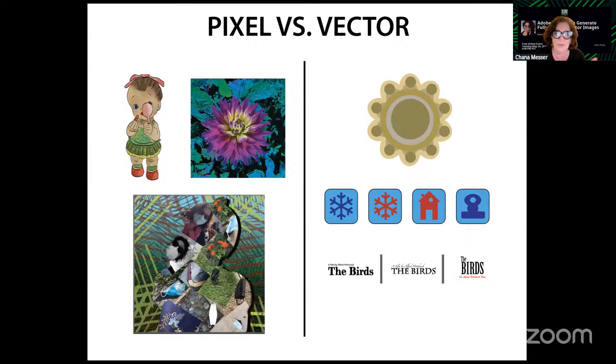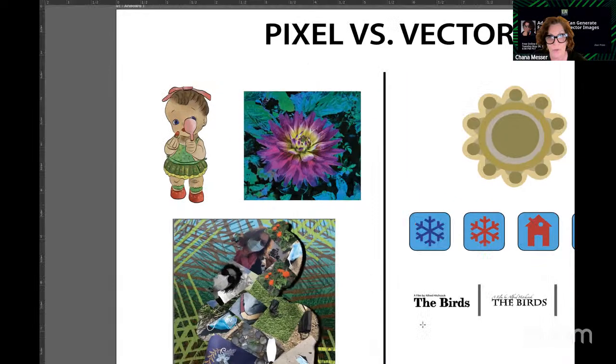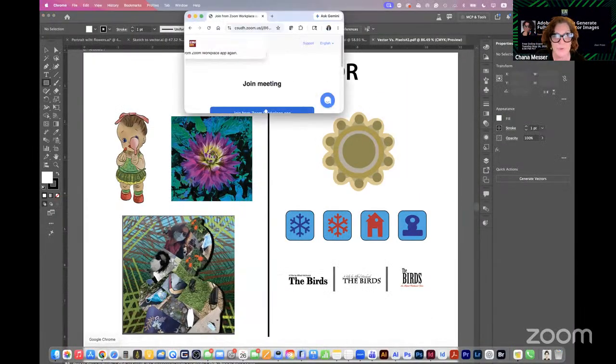So on the left side, you see a doll that I drew, and I actually did it in Fresco, which is pixel-based software from Adobe. And then I have stuff that I played with in Lightroom and a collage in Photoshop. It's all pixel-based, as opposed to the vector work over here, where you see symmetry, icons, and logos. So that's to understand the difference, and based on that, it is going to be different when we go in and do some stuff. It doesn't look like a Photoshop image, but still you can combine them together. So I'm just going to go out of there and jump over